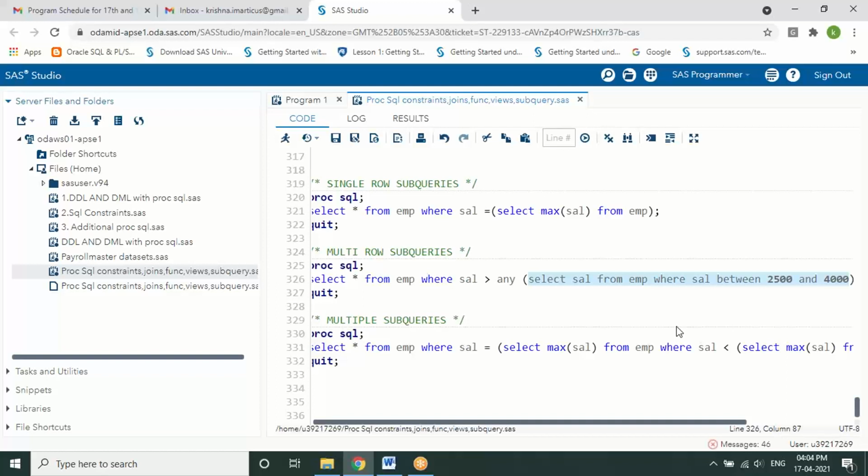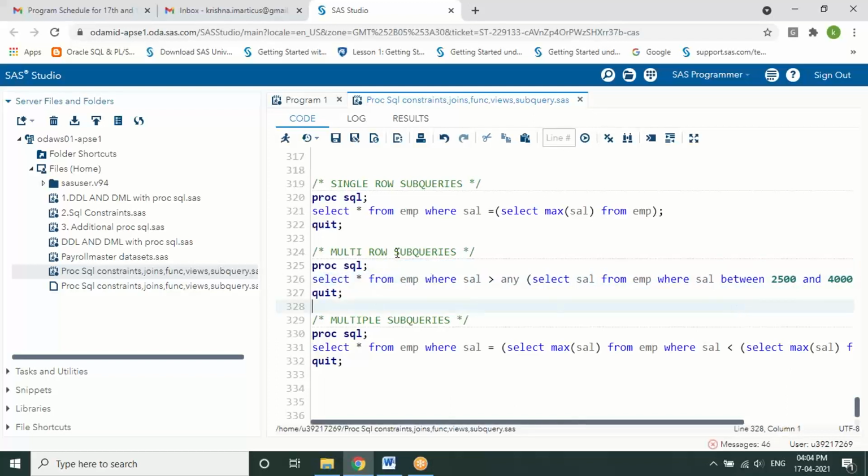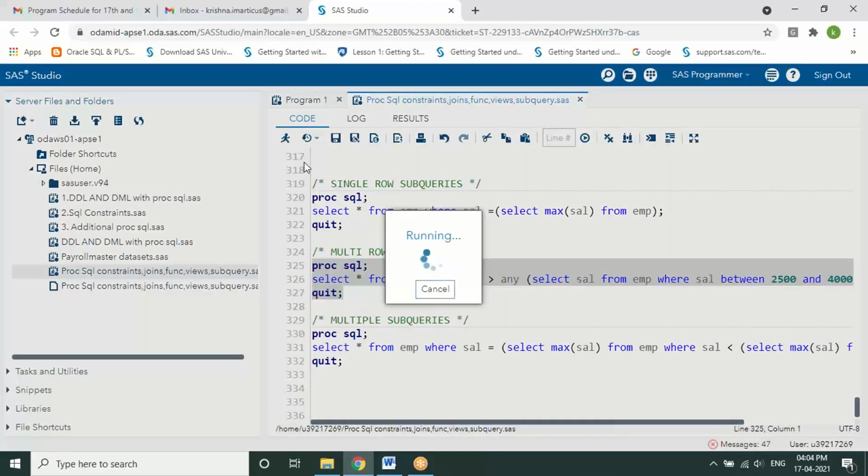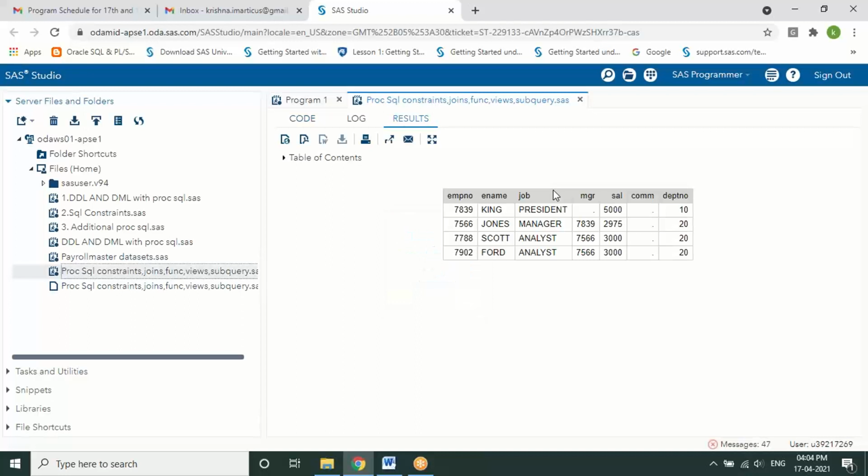Now I want to find the employee details for all these values, for all the rows. So I'm fetching multiple rows as well as multiple columns from this result. I execute the inner query first, and upon it the outer query gets executed with multiple rows, and here it is multi column also.